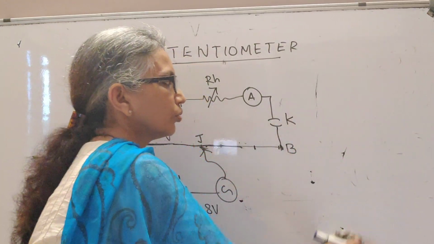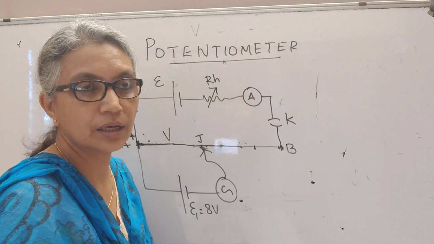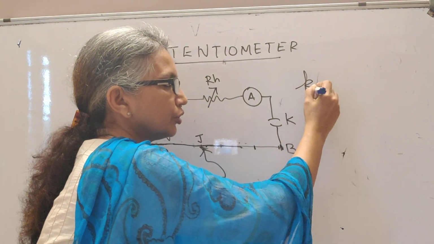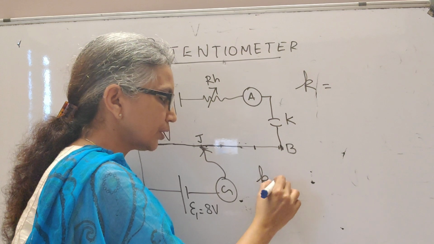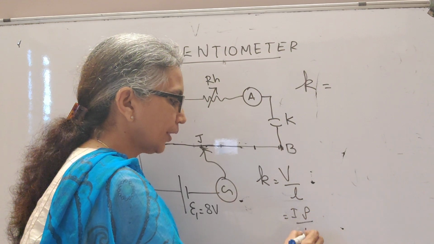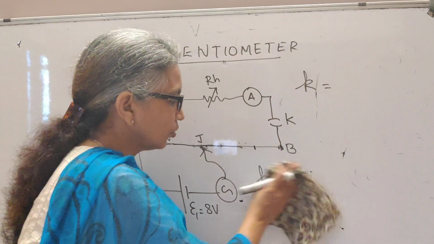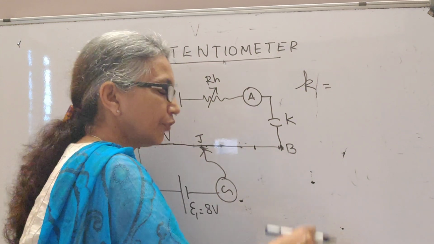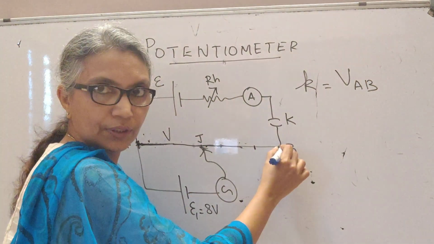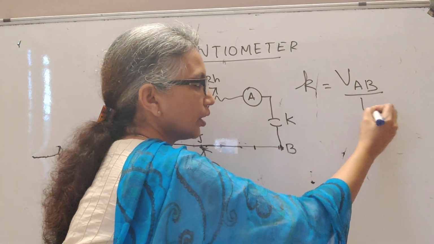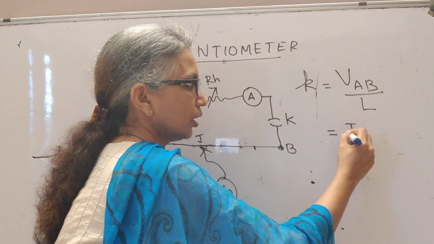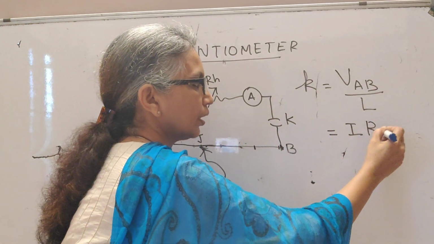Then, in order to find how your balance length can change, I'm now introducing a new formula to you. K we know already, two formulas I told you: V by L. I also told you that it is equal to I rho by A. Now here I'm going to take this formula V by L. If I'm talking about the potential difference across this whole length of wire, VAB, then the total length is what I will divide it with to get the potential gradient. This VAB is what? Current in this wire multiplied by RAB